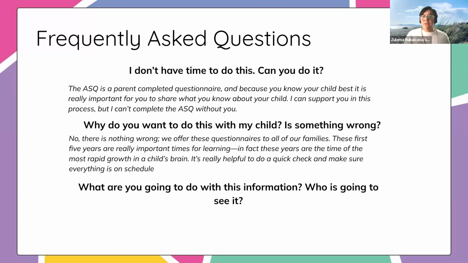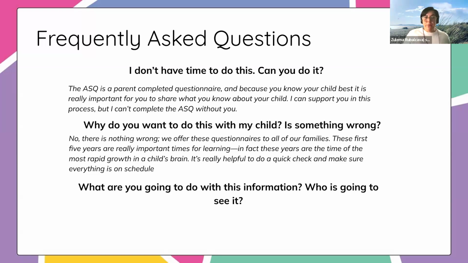And you can also say that this helps us start to look at the whole child, right? We're looking at the fullness of their cognitive and motor development. And if you add the ASQ-SE, you can say, and then we're going to give you another tool that looks at their social emotional development. That way we'll get the fullness of your child's skills and strengths. Hopefully that answered your question.